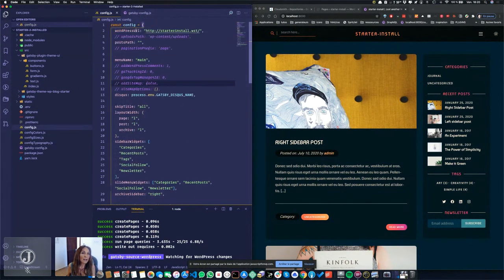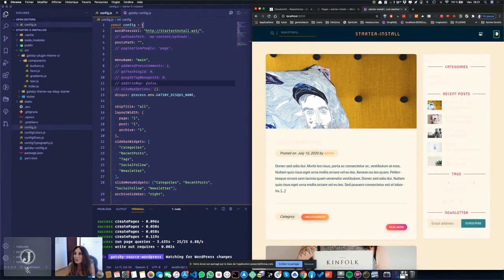which is connected to my WordPress. So here we have put the WordPress URL. This is a local install I have done with Local by Flywheel. And here is a Gatsby site. So just in a few clicks, super easy, you can have a really nice Gatsby site. So we have the dark mode. Here we have the menu,